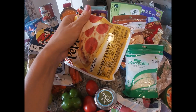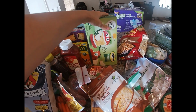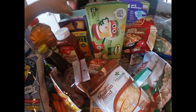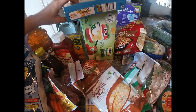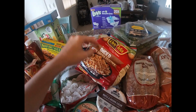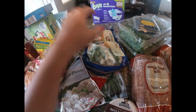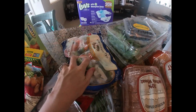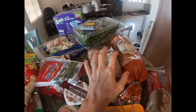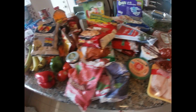Pizza, and these are good just for lunch to give some to Logan. More ketchup because we ran out. Logan loves these little squeezy applesauce for a snack. Another snack, and these are another favorite snack of mine. I'll be making a potato dish with these, some frozen vegetable blend, lots of spinach for smoothies and things, some blueberries, one loaf for French toast, the other loaf just to eat, more brown sugar because we ran out, and